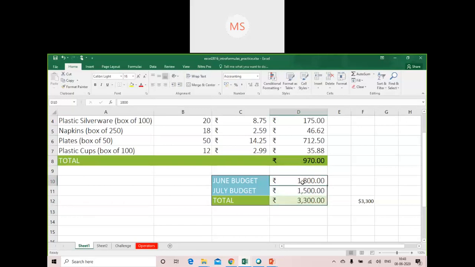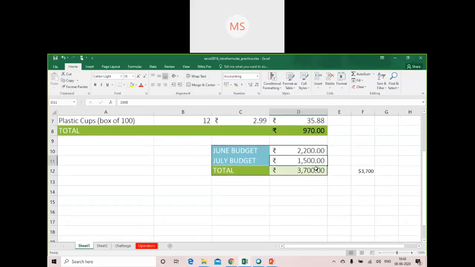Now if I change the value here to 22,000, it changes accordingly. And if I make it 2200, it will give the total 3700.